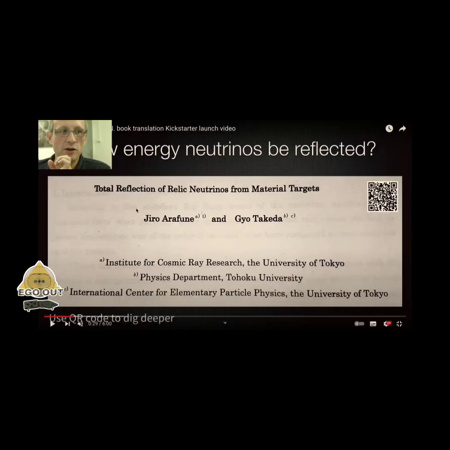Okay. Right. So, total reflection of relic neutrinos from material targets. Okay, that is one thing, right? So if relic neutrinos can be totally reflected, then it is potential that clusters of relic neutrinos can be reflected, even if you synthesize them or you capture those larger clusters. So that is important. This is why I believe that Parkhomov had these soft iron reflect this, which was in